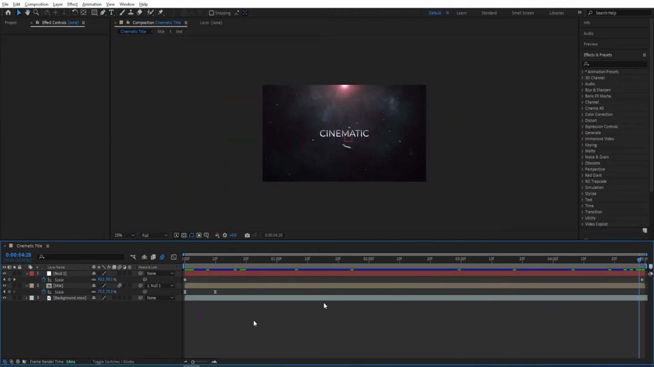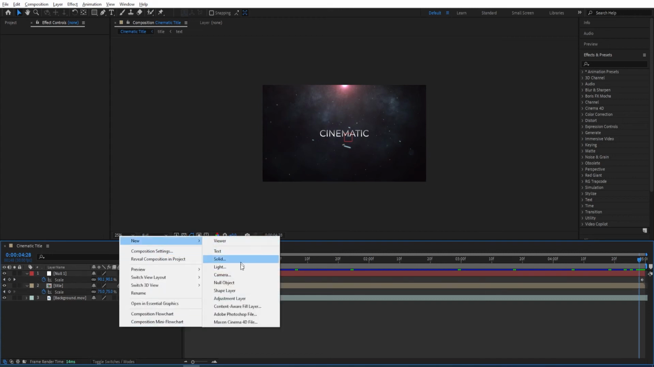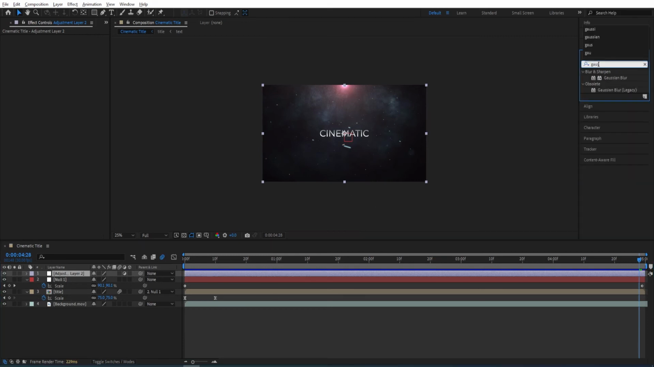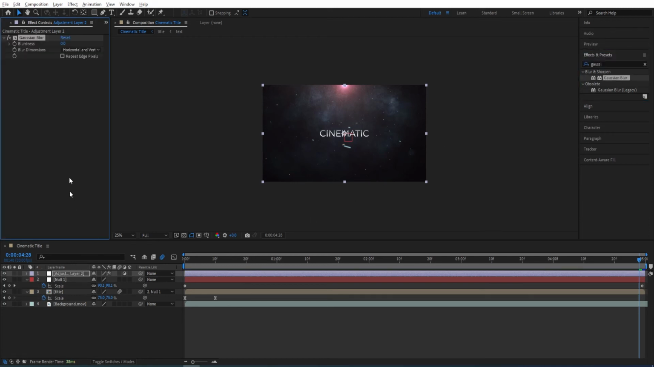Now we are gonna right click here, click on new, and then create a new adjustment layer, and then go to effects and presets, type in Gaussian blur, double click on it to add to the adjustment layer, and then we are gonna check repeat edge pixels, and change blurriness to 0.5,